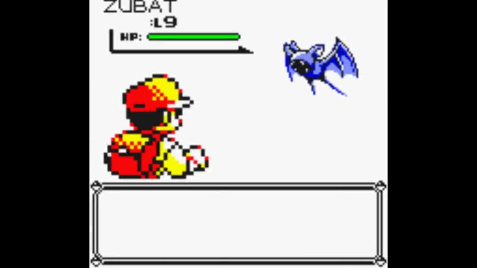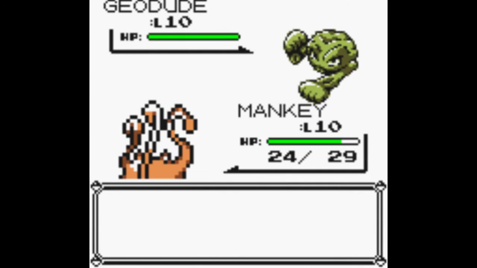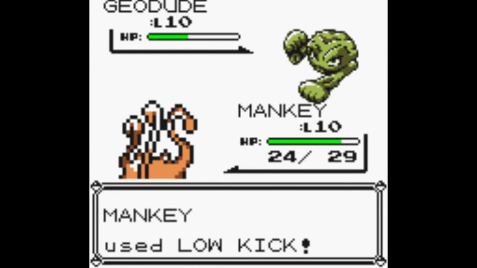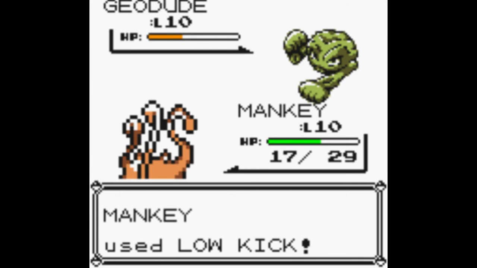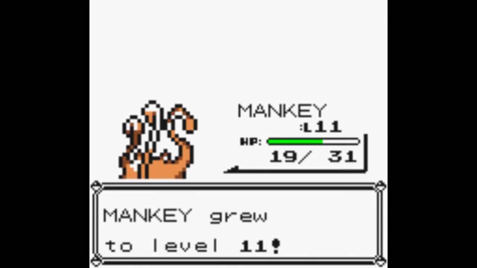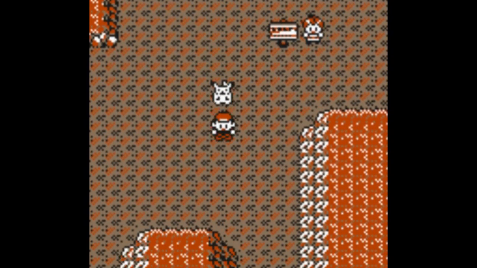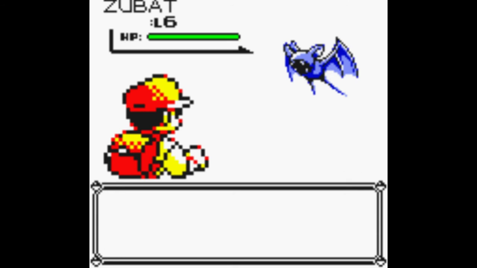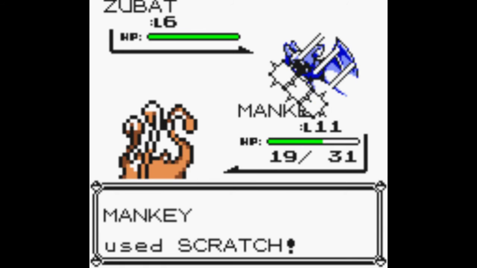Alright, let's go back up here. There's the Geodude. I was wondering when we were going to see one. Obviously doing a little bit more damage to do that. Level 11. Kind of curious to me that they put Mankey right after you beat Brock. I don't feel like it's as useful,